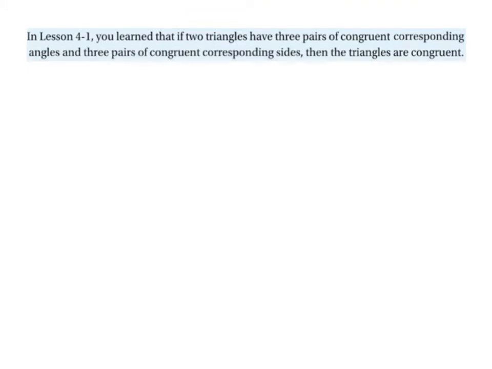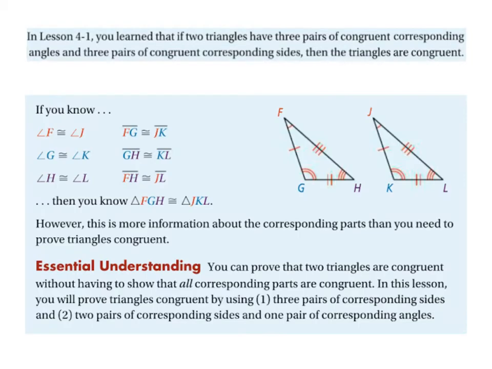So we're going to move quickly through this lesson. You learned in the first lesson that if two triangles have all corresponding parts congruent, all three pairs of corresponding angles and all three pairs of corresponding sides congruent, then the triangles are congruent, okay? And that looks like this. If you know all of this, then you know the triangles are congruent. However, it says this is more information than you need. If you have less information, but it's the right information, then you are good to go to call the triangles